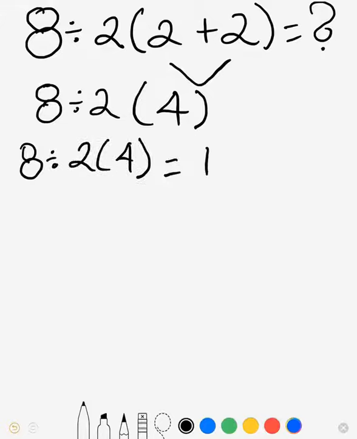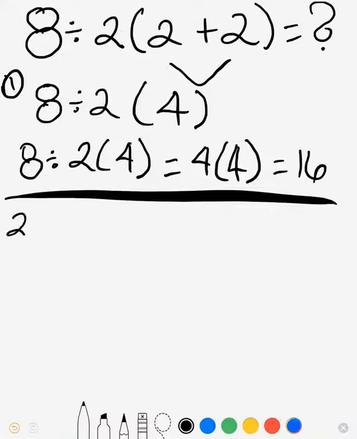And now with the 4 side by side with the parentheses of 4, which in other words equals times, it's 4 times 4 equals 16. But that's just one way to do this equation. The reason why it's divided the internet is because there's two ways to do this equation, and they're both counted as right. How the other one is started is 8 over 2,